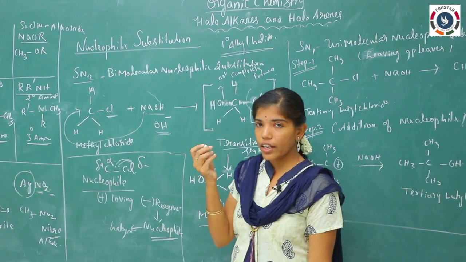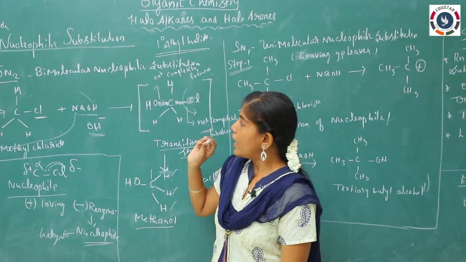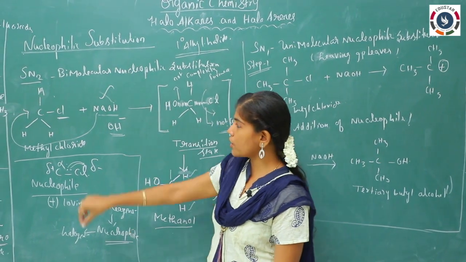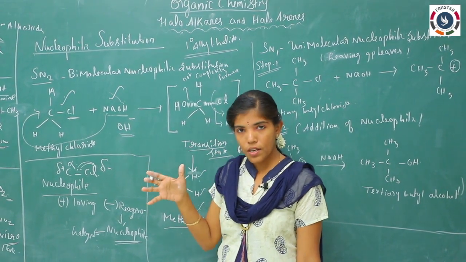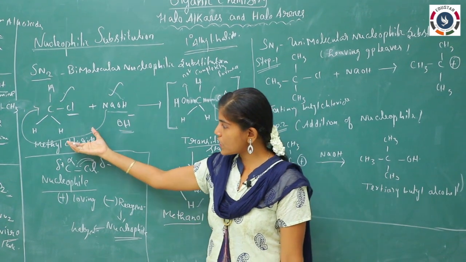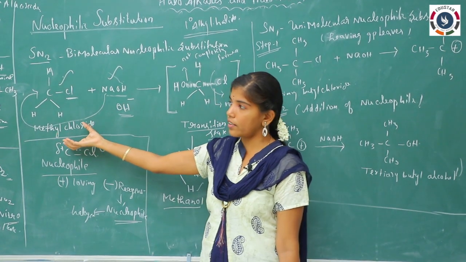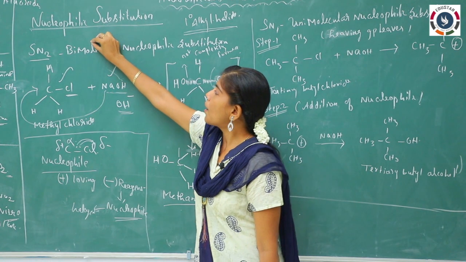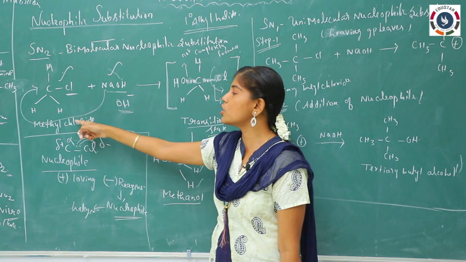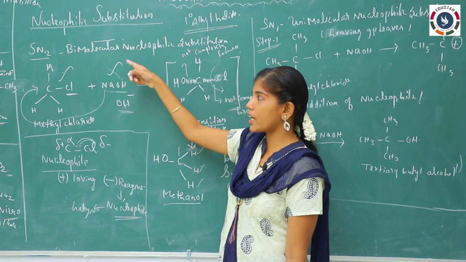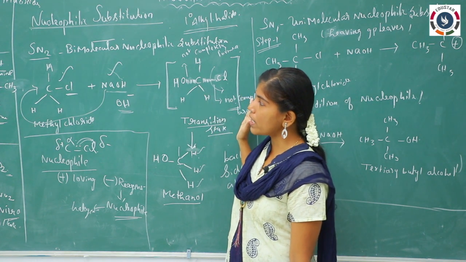Here the reaction rate, what is the reaction rate? That is the speed of the reaction, right? The speed of the reaction depends on both the incoming nucleophile and the reaction substrate. For determining the reaction rate, both of these two molecules are concerned, that is the nucleophile is also concerned and the substrate is also concerned. It means bimolecular nucleophilic substitution reaction. For determining the reaction rate, we are concerning these two things, so it is named as SN2 reaction. Now let us move on to SN1 reaction.